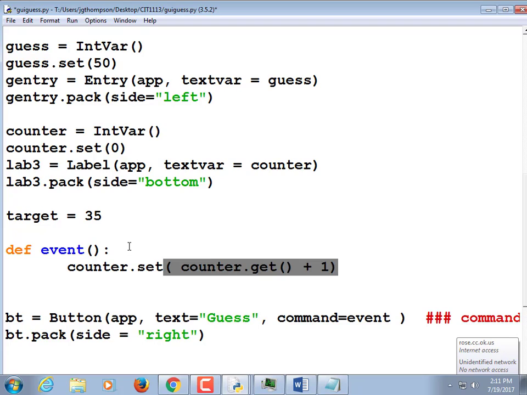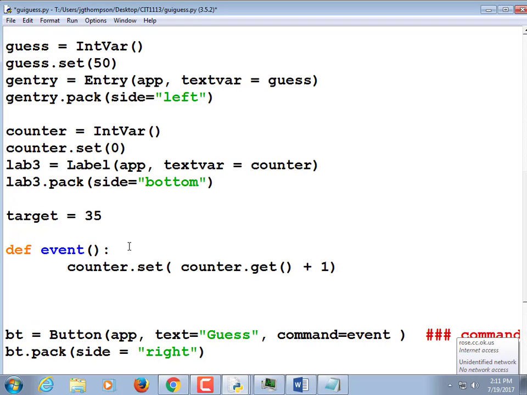In other words, get the counter, add 1 to it, and then set it back to itself. Now we need to see if our guess is equal to our target. If guess.get() is equal to target: